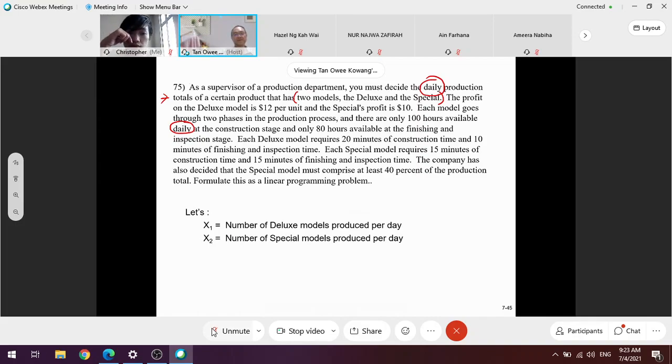Okay. So back to my second question that you answered. You answered earlier that it's maximization. Why did you say it's maximization? What are the keywords from the question that bring you to think it's maximization? Because it tells us the profit of each model. Exactly. It's profit. Sometimes the question won't mention it. So it's profit. Okay. So how many constraints for this scenario, for this question? How many constraints can you derive from the question?